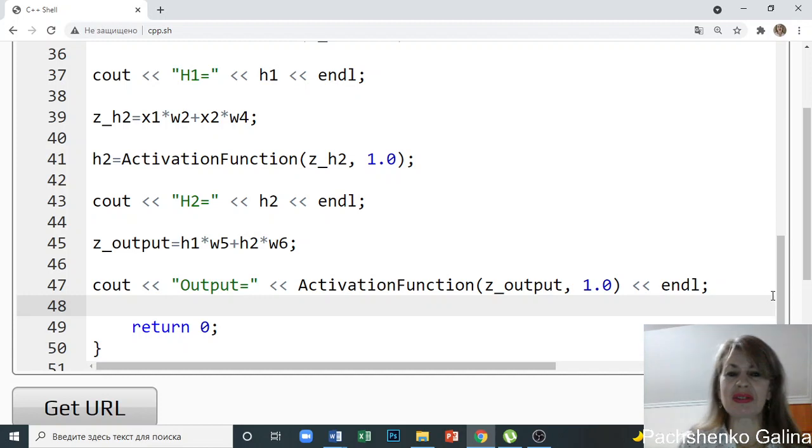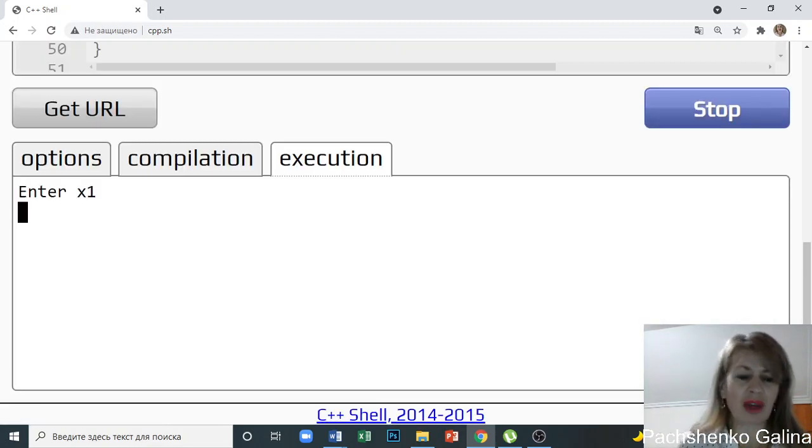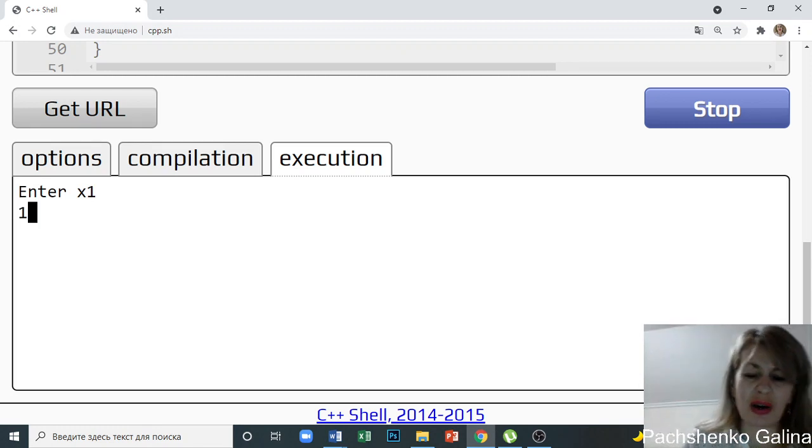Let's check. Let's check with the values in our document. I have them in my photo. Now I'll open my photo and just input them. Okay, I run my program. Enter x1, it was 1, then x2 was 0,